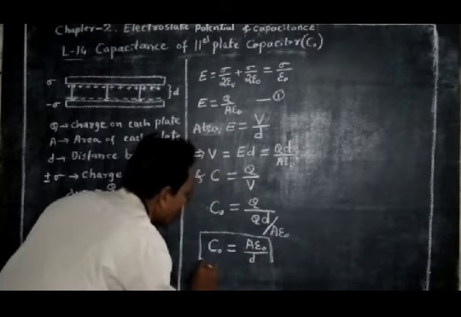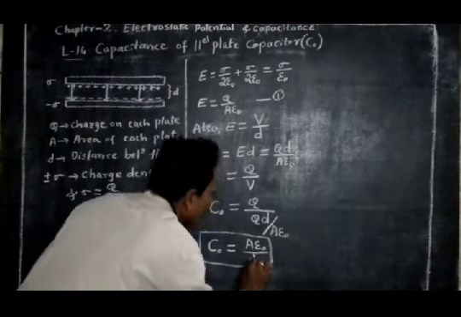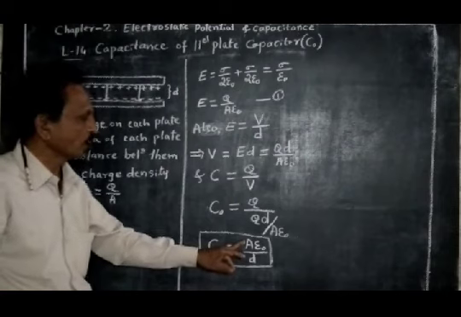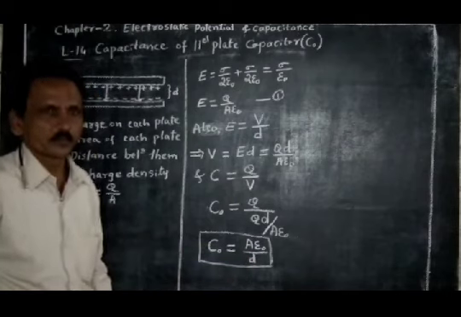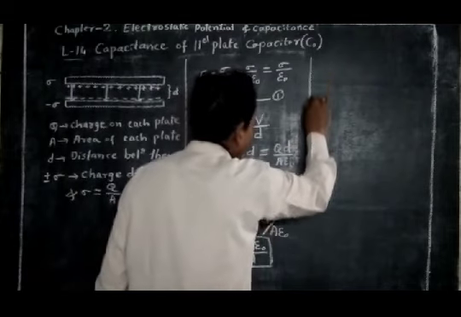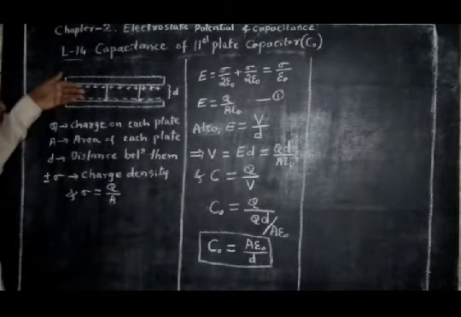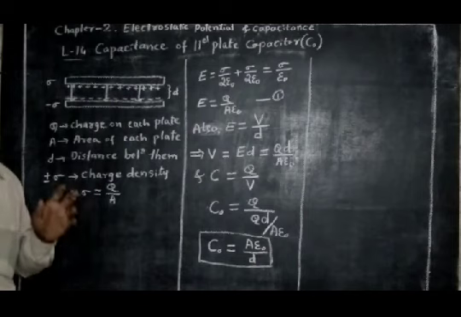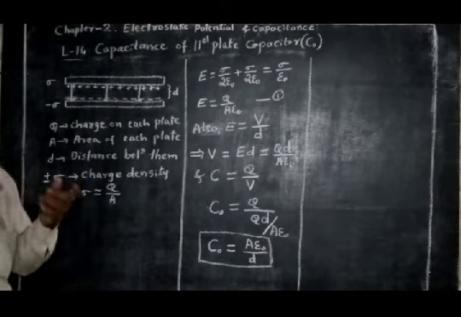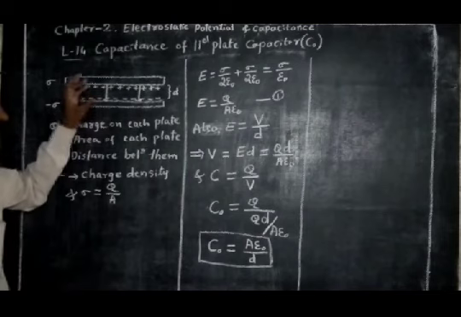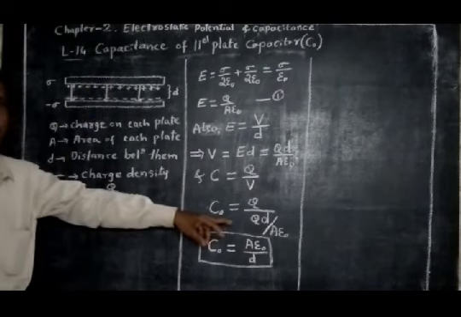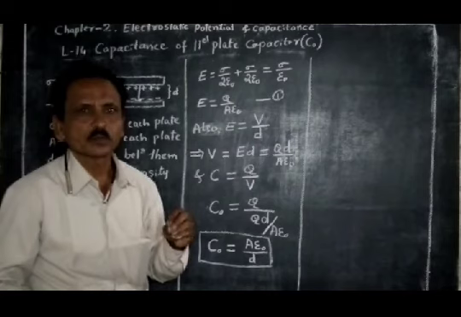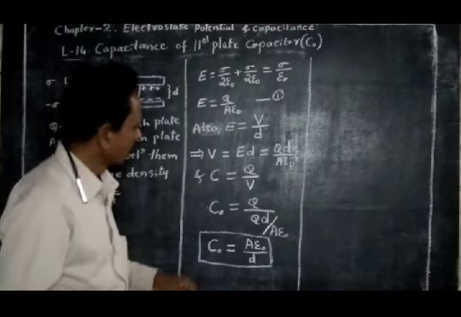This is the capacitance of a parallel plate capacitor with air medium between the plates: C naught equal to A epsilon naught divided by D. And if the space between the parallel plates is completely filled with a dielectric medium, epsilon naught is the permittivity of free space or air medium, and epsilon is the permittivity of the dielectric medium, then